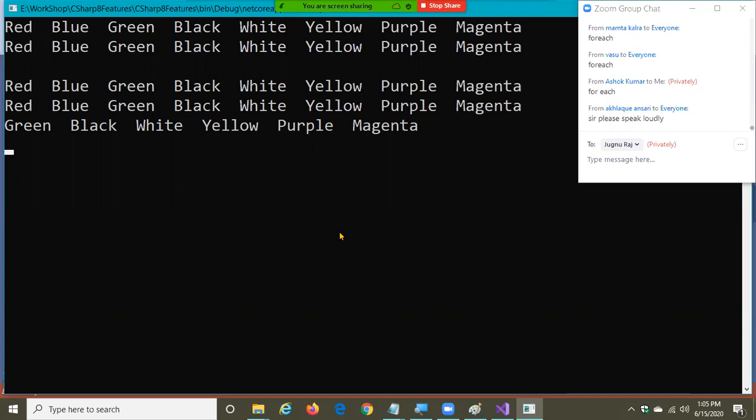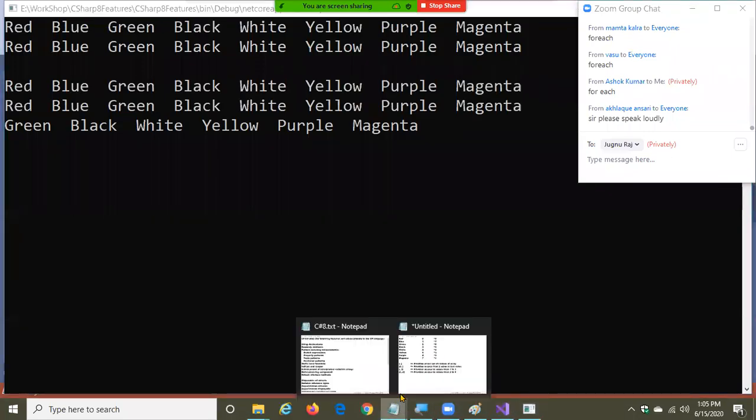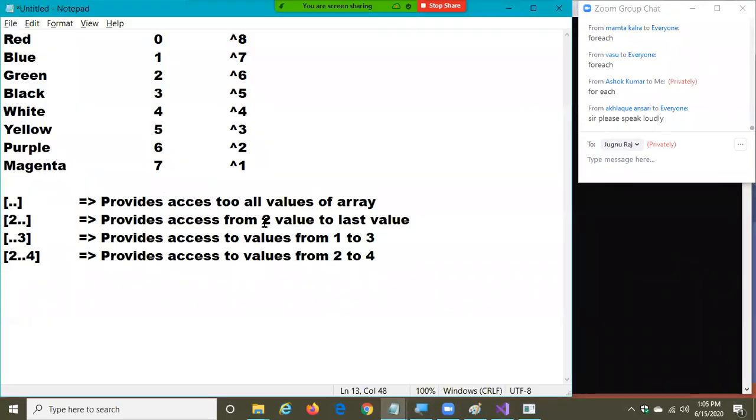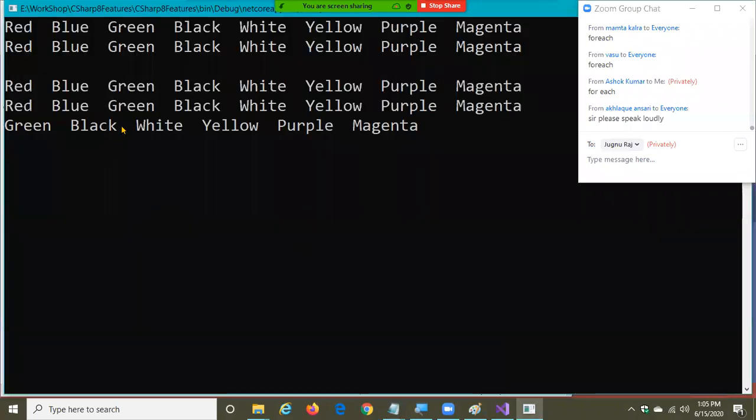That means from the index position 2 to the end. 2 means the third value to the end of it. Are you clear? Values from the second index to the last value. It is better to say third value, because my intention is to talk about the index position. So third value to last value.